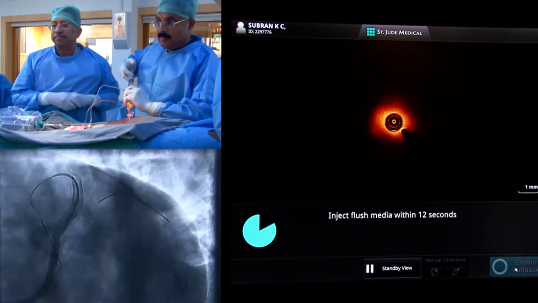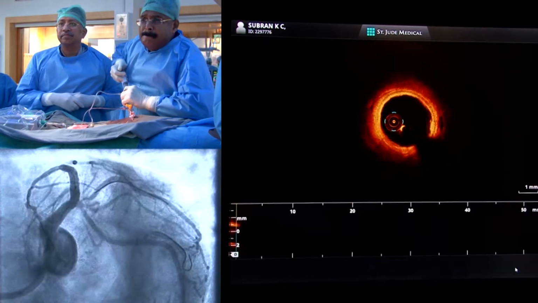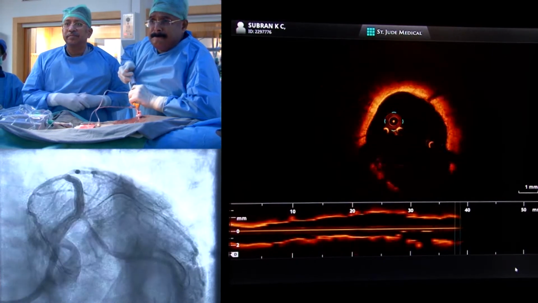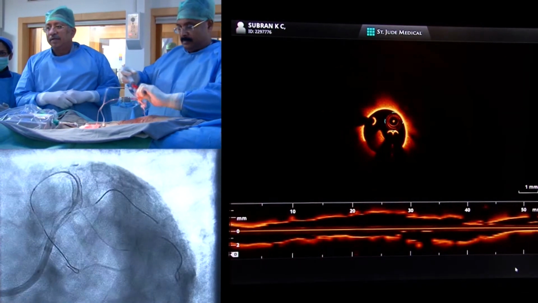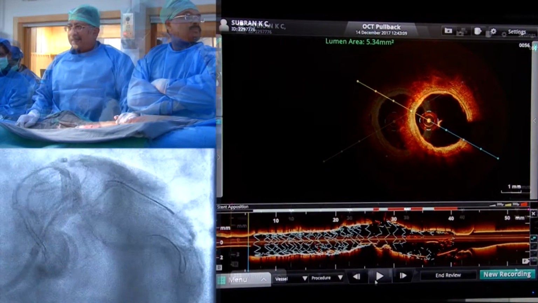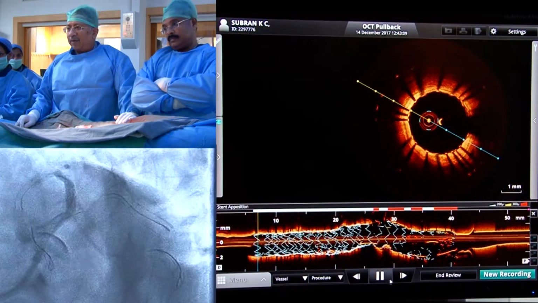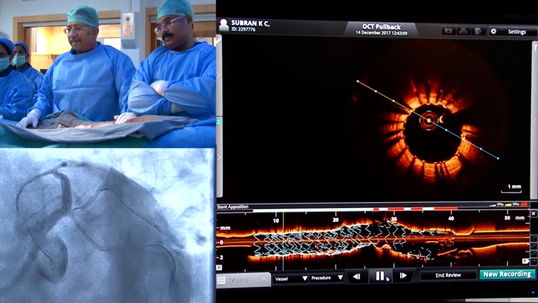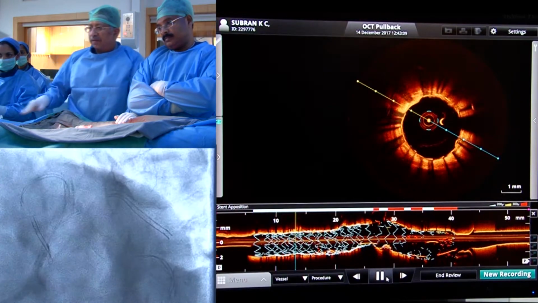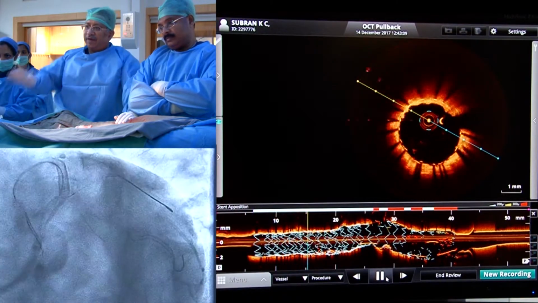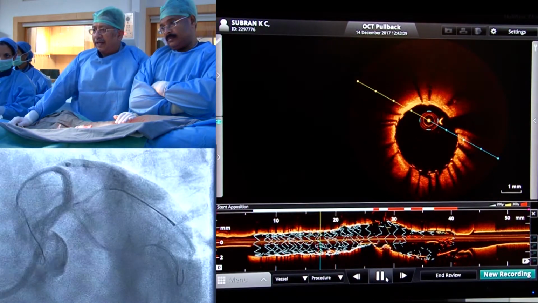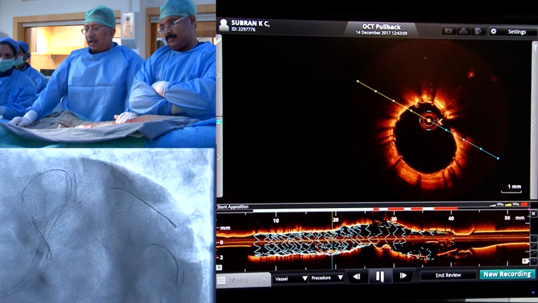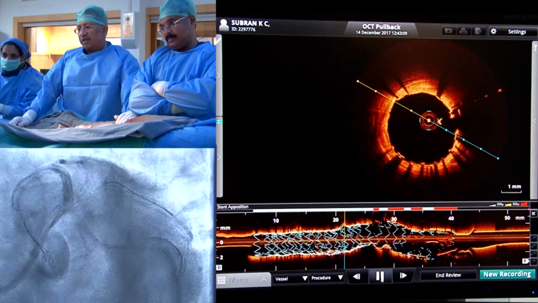That's a good run. Let's analyze it. That's distal to the stent, and now that's a stent coming in. No dissection distally. The stent is well apposed. A little bit of a plaque prolapse that you can see at the 12 o'clock area. Now as you're coming closer to the trifurcation,